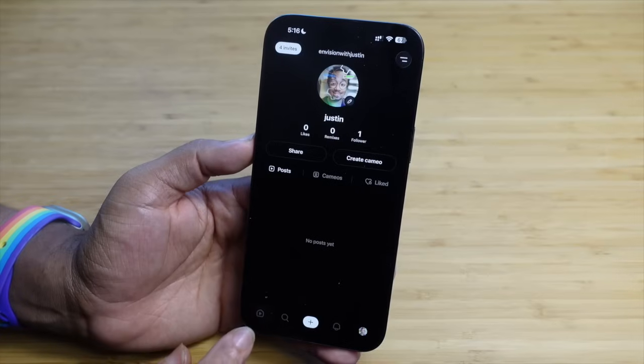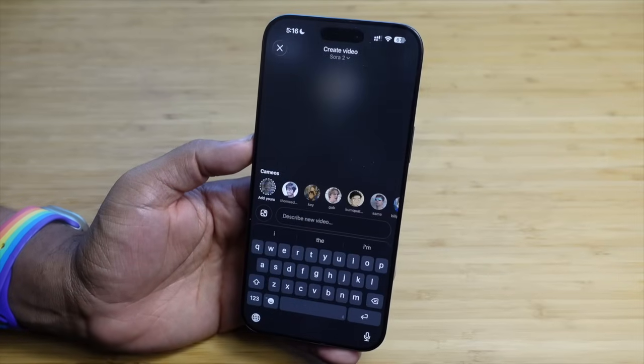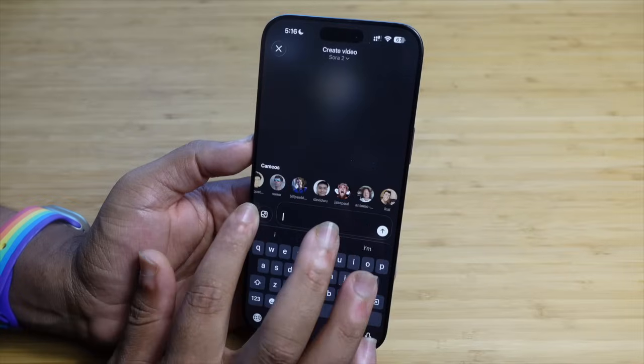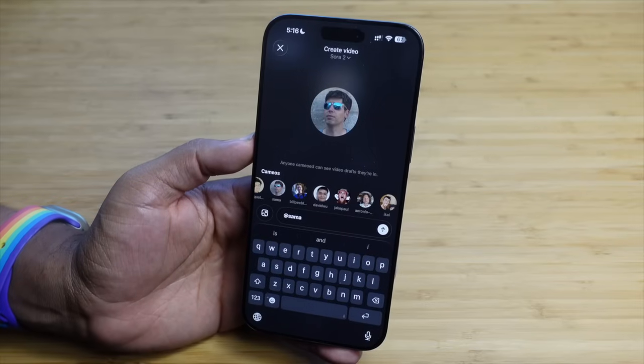So you may be wondering, how do we make some AI generated content? Well, all we have to do is just press this plus button right here. And we've got all these options of people that can cameo with us. So we can pick the founder, Sam Altman, and we can say